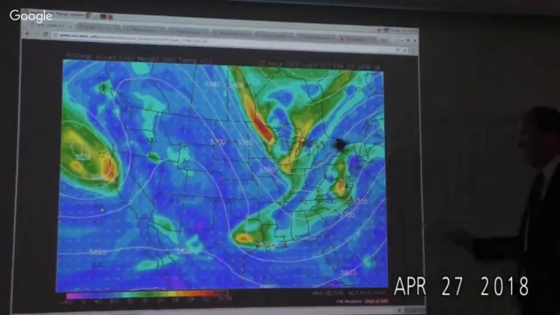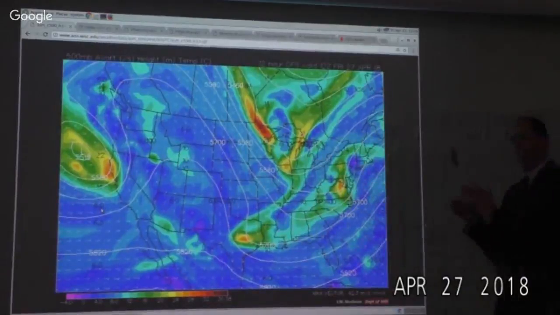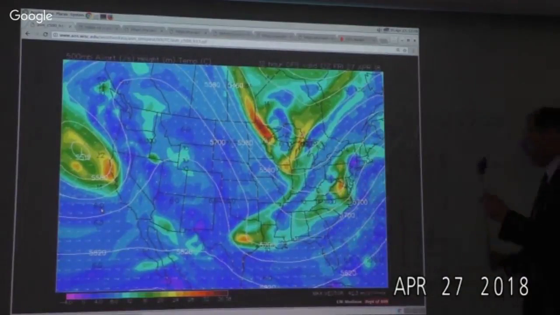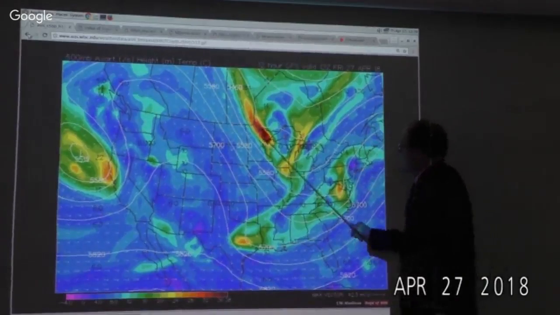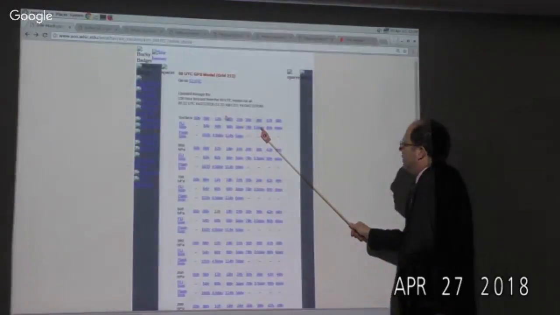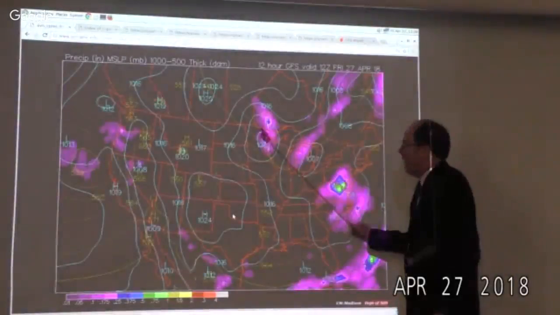There's a lot of cancellation that goes on here, but you can see the individual pieces that do cancel, which is pretty cool. But it's beyond what I'm going to be able to show you. So let me put the hand here and let's go to the forecast at the surface at 12 hours. Look at where that precipitation is, and look at where the thickness lines are.